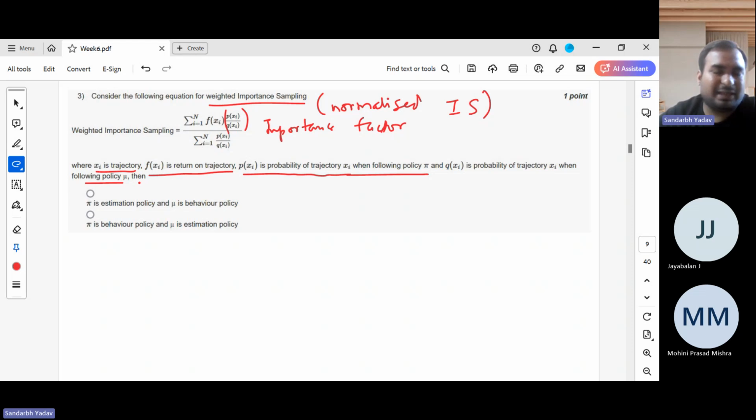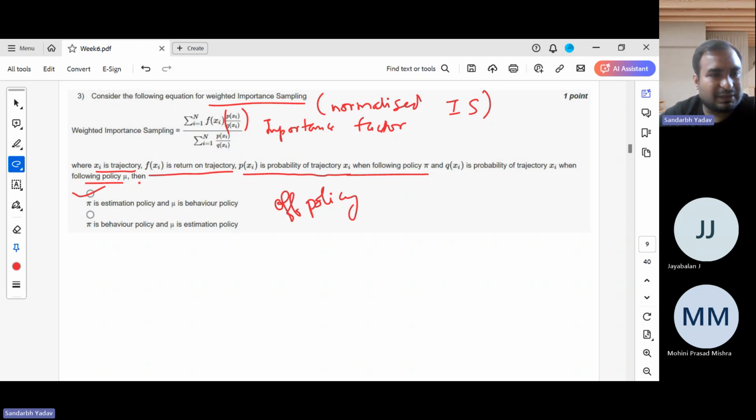So basically, like in any form of sampling, we want to estimate with respect to the estimation policy only, right? P corresponds to pi, and pi is the estimation policy. You remember, if we consider only normal sampling without importance sampling, this factor was introduced so that we can compute with respect to some easier policy, maybe a random policy. And on the basis of that, we can do something called an off policy update. If we do it correctly with this importance factor, these are similar entities.